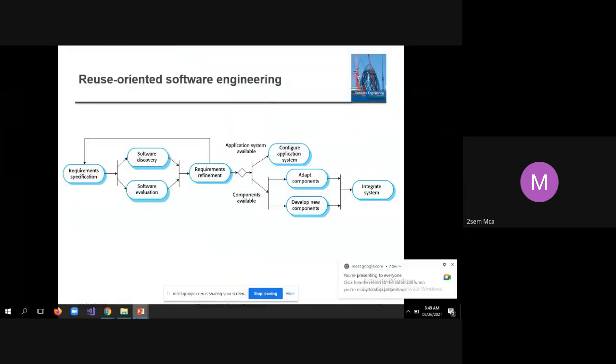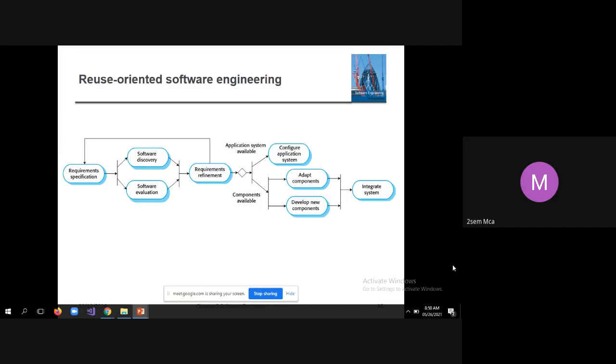So let us assume you are going to implement one project. So before implementing the project, say for example, you are working for a company, and let us assume you are the project manager, and you are assigned with a new project, and you know that to implement that project, many of the components are already available in your own organization, because already your company has executed such similar projects. Therefore, there is a lot of code available which can be reused.